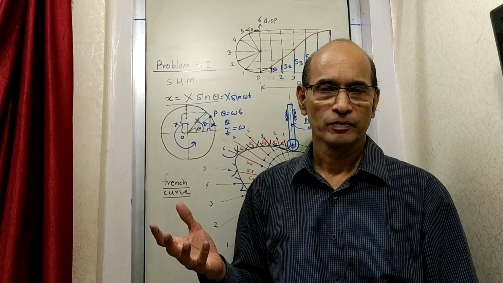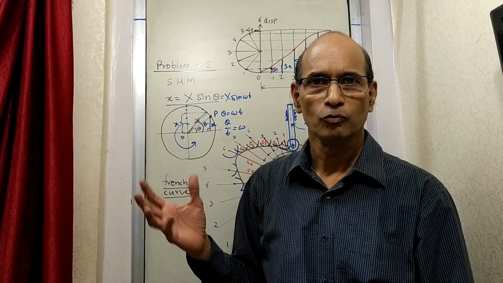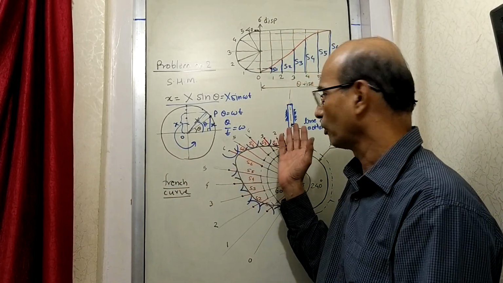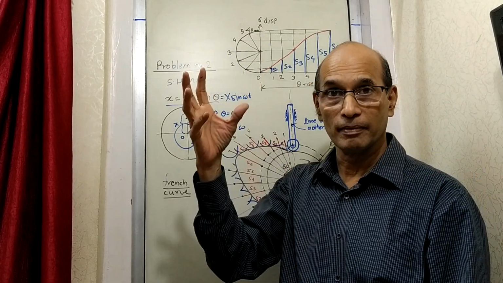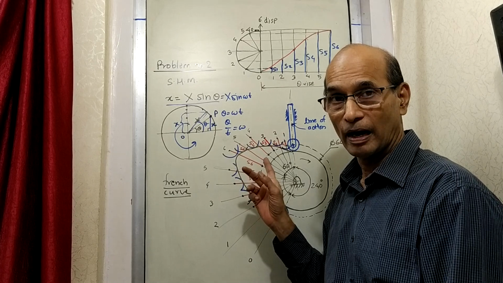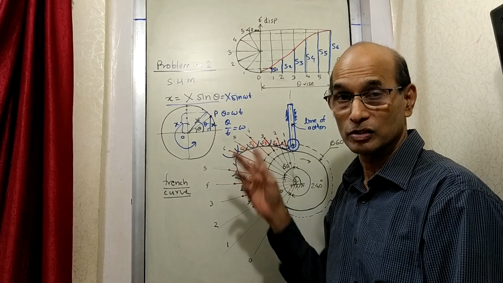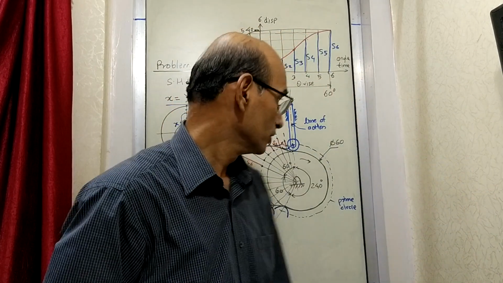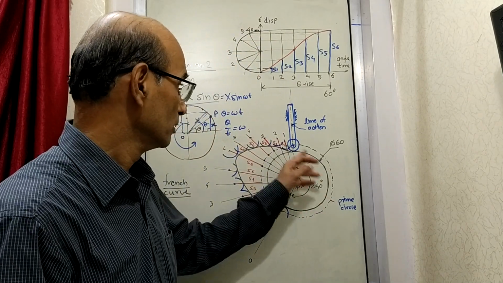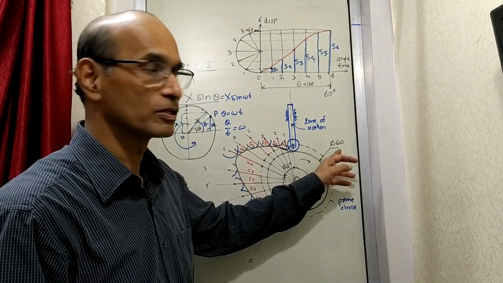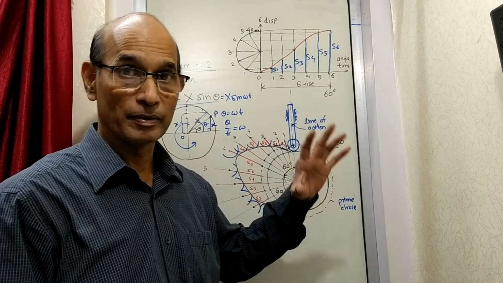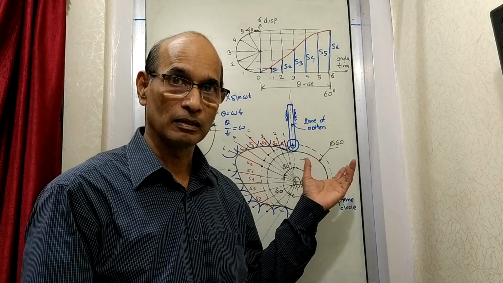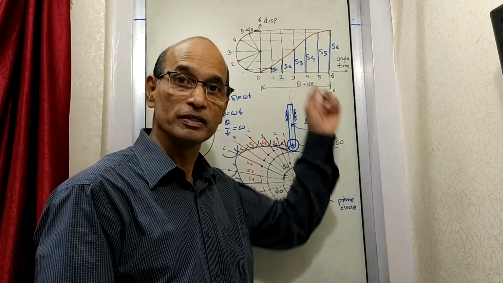It goes without saying. Accordingly, we name the parts; in this case there is a follower, there is a cam, and we are given a base circle of 60 mm. Now what is the base circle and what size have you taken? Since there is a 60 mm base circle, you have to show it as the base circle and call it 60 mm, or maybe base circle 60 mm, so that the examiner understands that you know what the base circle is and you have taken it as 60 mm because the data is 60.